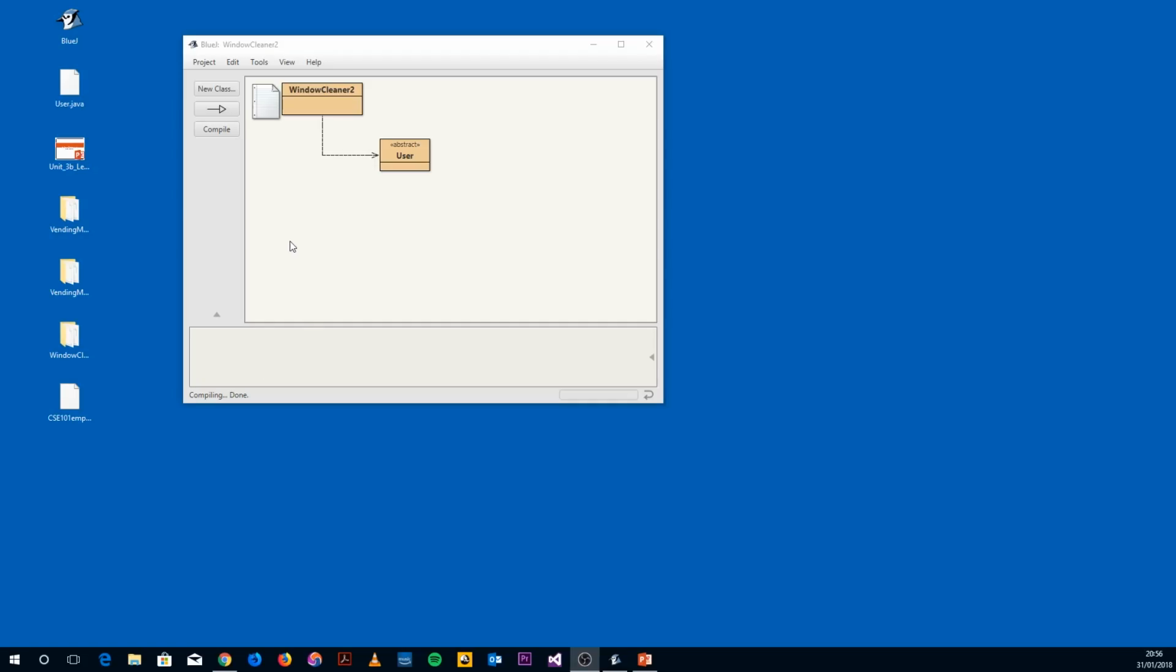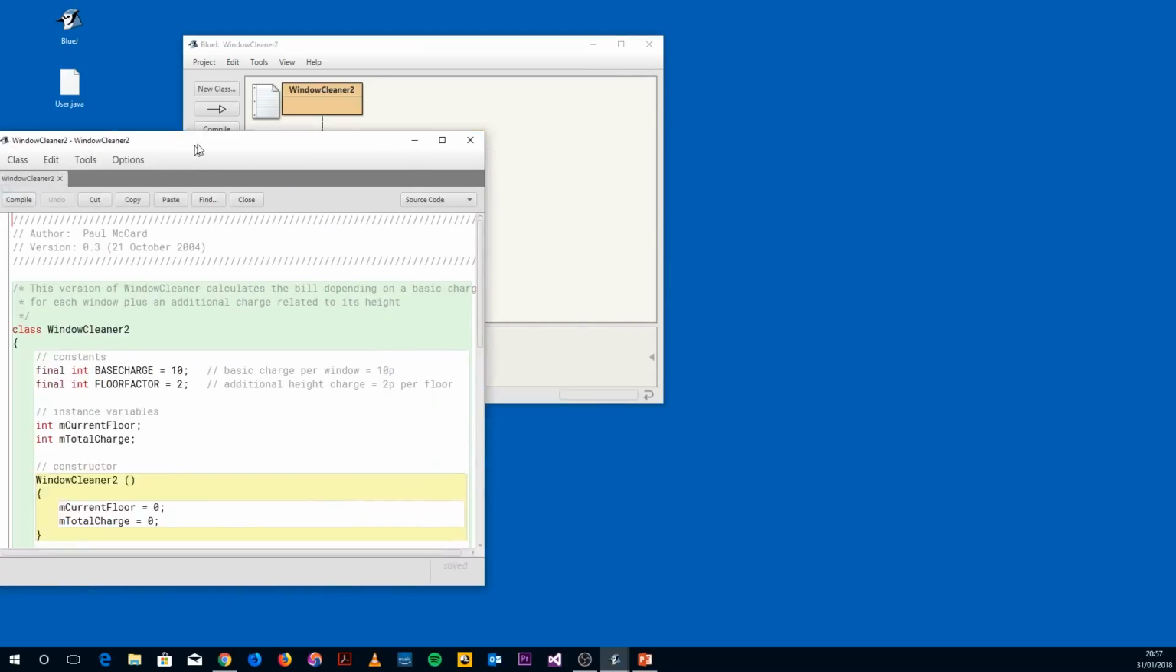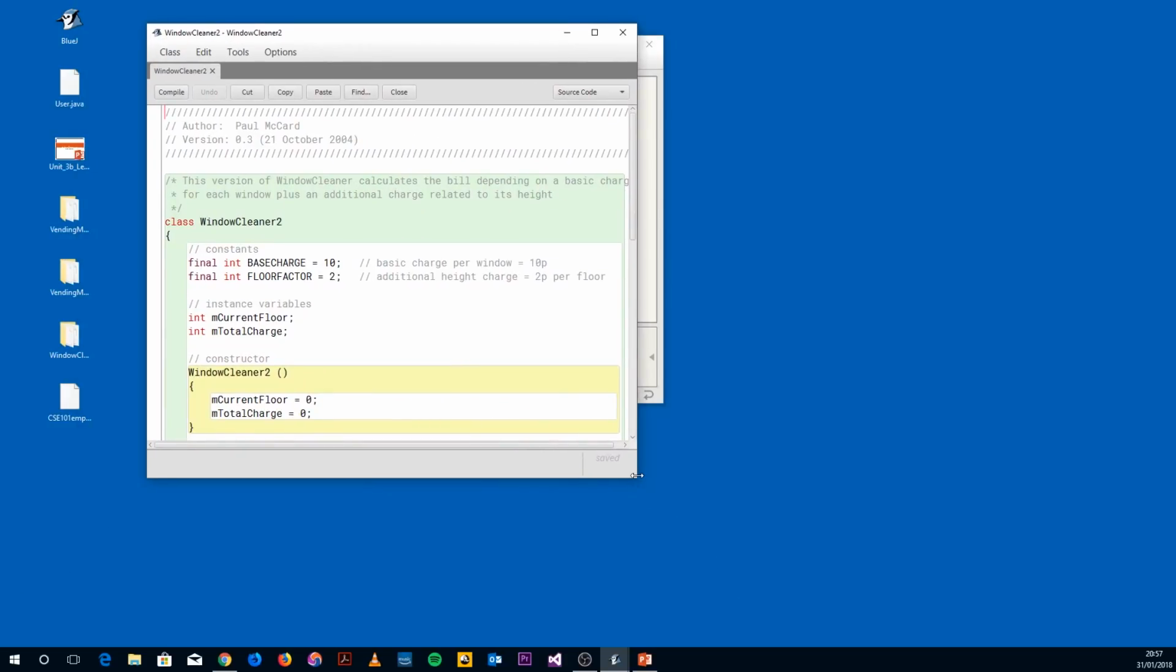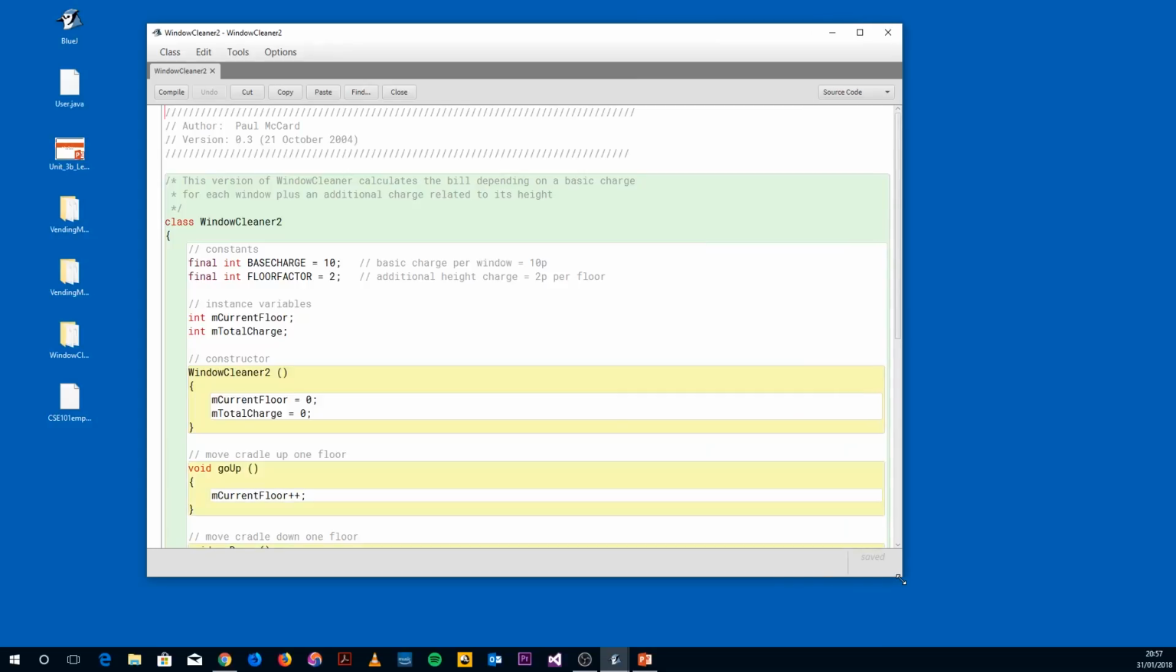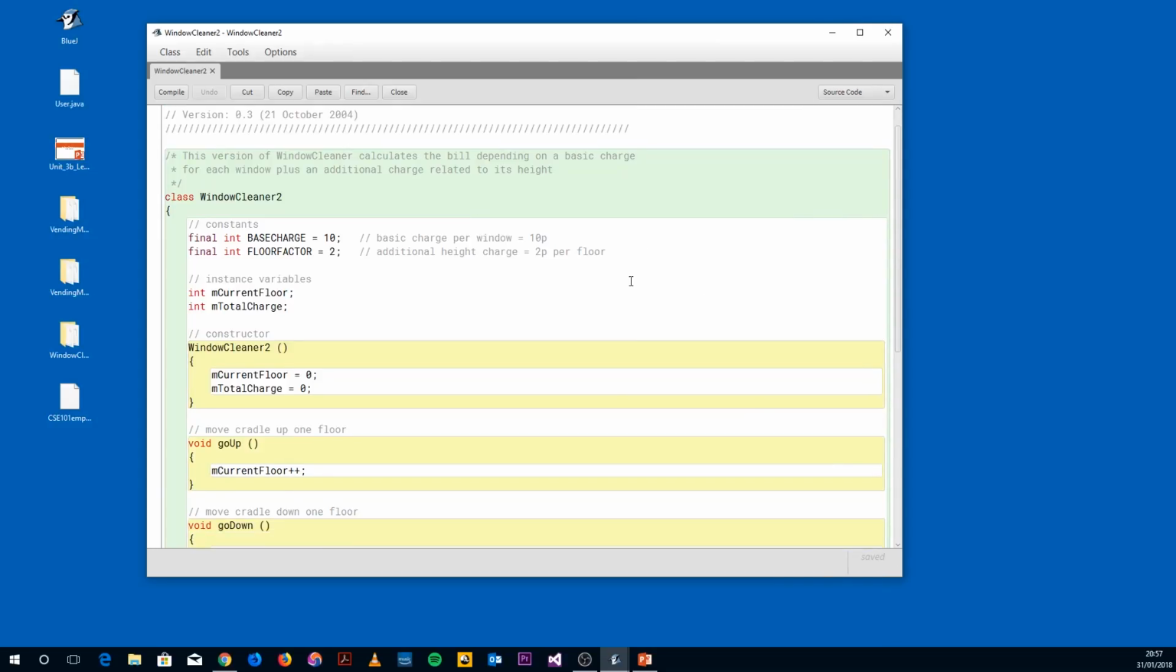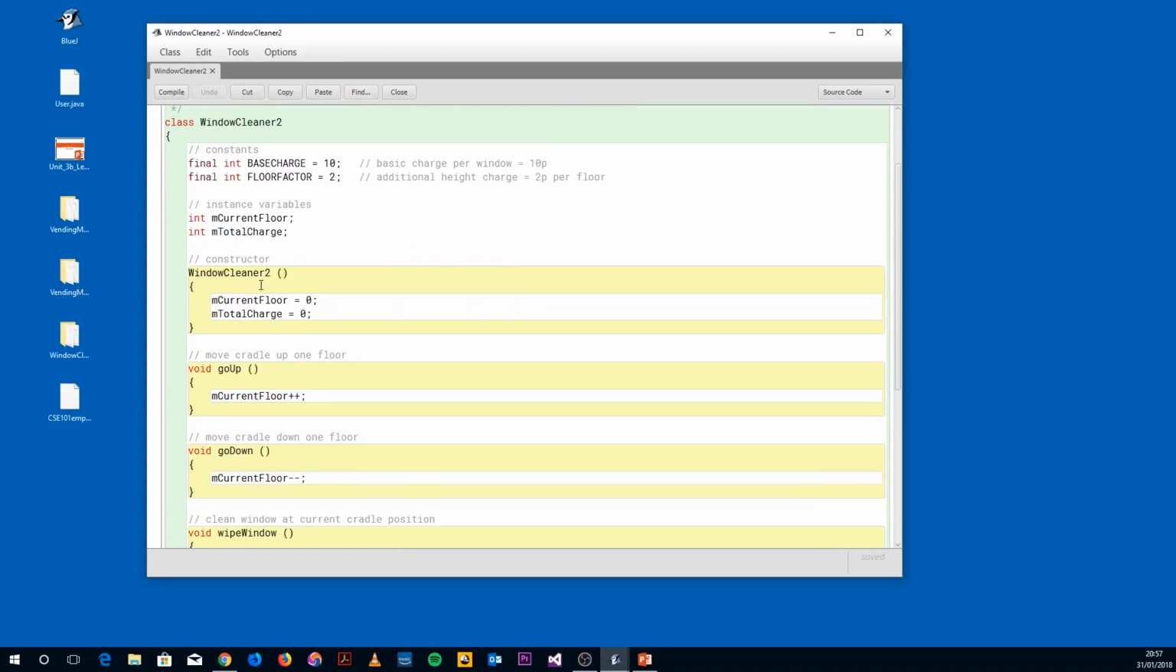Okay, so I've got the Window Cleaner 2 program downloaded from the VLE. I've got it open, and let's just have a look at the code in the editor first. And there are one or two changes, not too many, but let's have a look at where we're going. First of all, we've got two constants which we've declared. One for the base charge of 10p, and the other one for the multiplier flow factor, which is that 2p per flow multiplier. We've got two instance variables for current flow and total charge, and we initialize those to 0